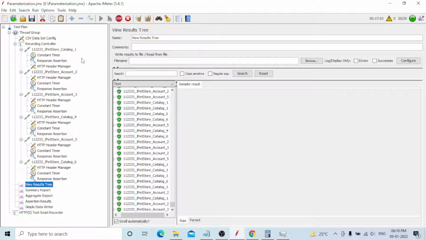Okay, remaining 2 minutes, we'll finish this test. Guys, this is only for demo purposes, but you should not run the test in GUI mode, you need to avoid it. But for a low-level load, for example in a dev environment, only 10 or 20 users will be executed, and your system is a very high-configuration system, or you run in distributed mode with a low user load, everything is based on user load.